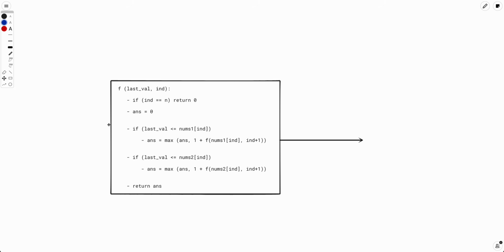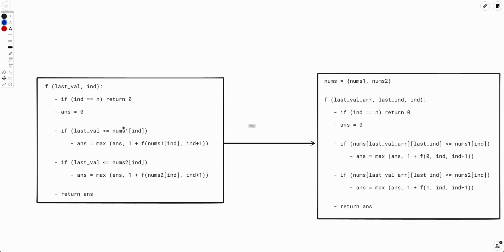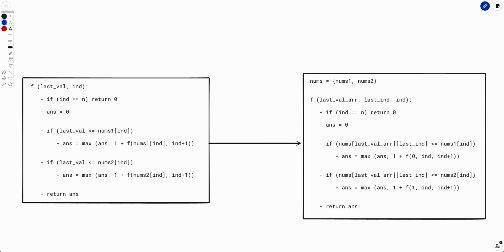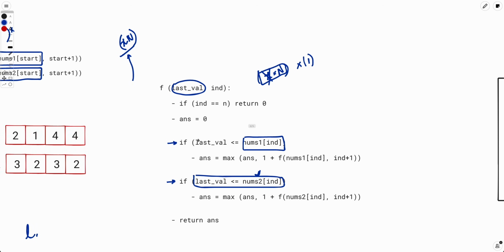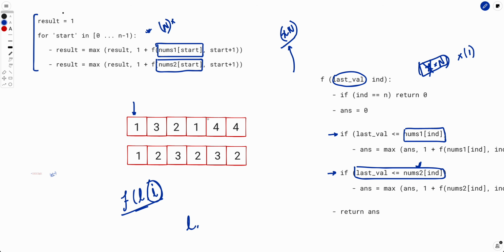So hope you thought about it. The simplest thing you can do is, because this x itself is 10 to the power 9, and anything of the order 10 to the power 9 will not pass any time constraint, we will, instead of x, maintain the index of x, right? So the very standard trick, basically, instead of maintaining 4, we'll say